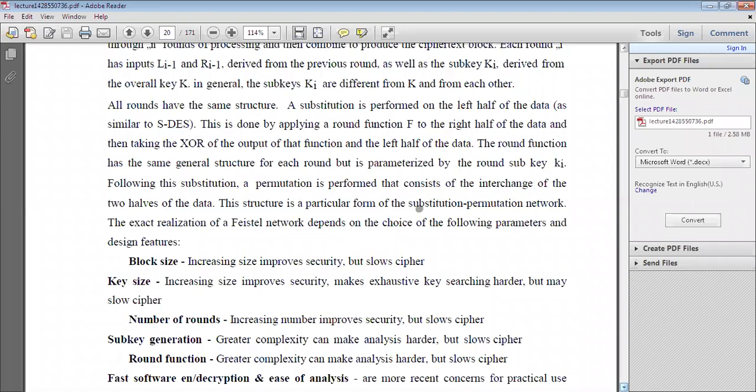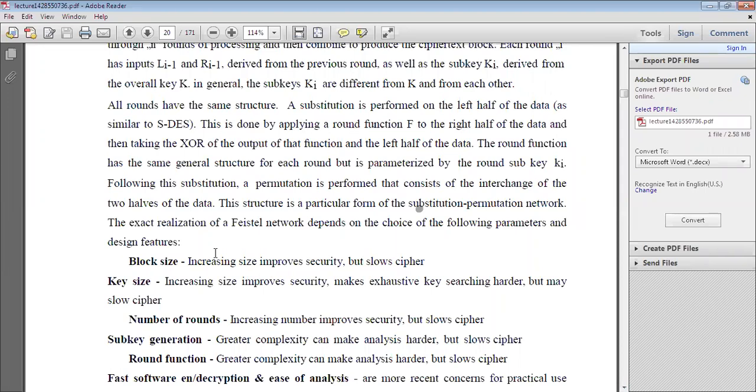But while executing the process, it will be a little bit slow. Second, the other parameter you discuss in the Feistel structure is key size. When key size increases, it automatically improves the security.